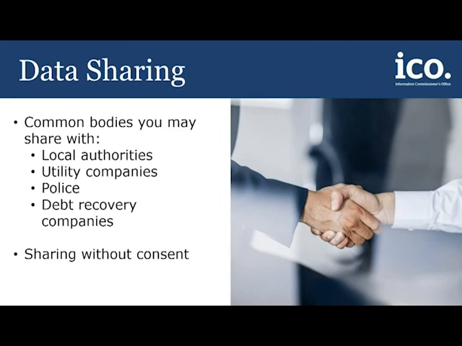We give an example of data sharing between a housing association and utility company on our data sharing hub. In the example, a utility company contacted the housing association and asked for the forwarding address of a former tenant who was in arrears on his gas and electricity account. The housing association disclosed the information because they had advised tenants at the start of their tenancy that they would share data in this way because of the contractual relationship between tenants and the utility company.